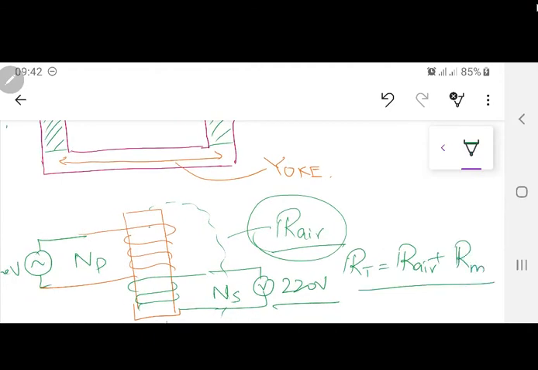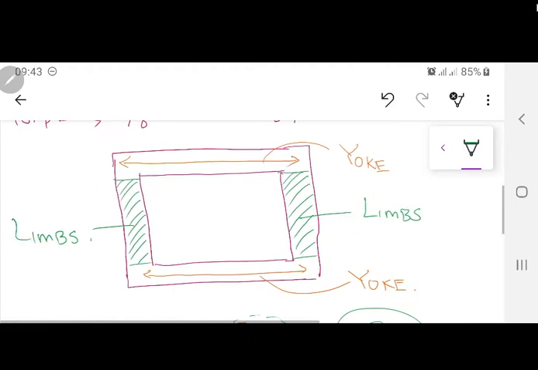So when they are both coming in series, technically you can call this a transformer, but practically it is not going to work. It is going to be just maybe 1 or 2 volts available over there, or maybe not even that, because air is a very bad conductor of the magnetic flux. So you need a yoke which is actually going to be completing the flux path.